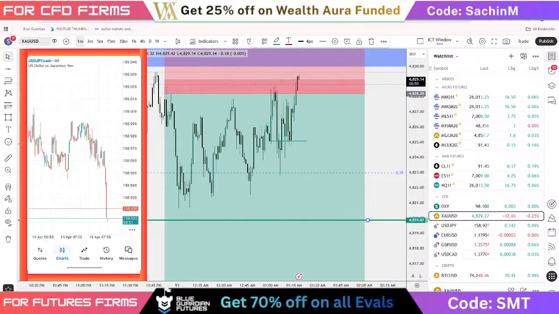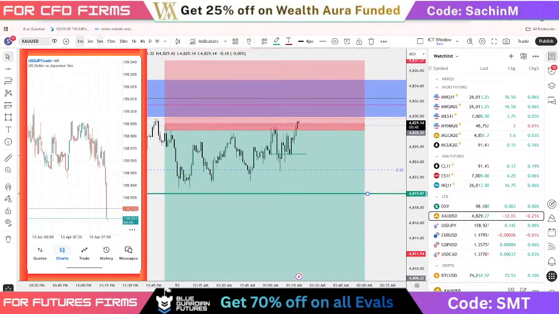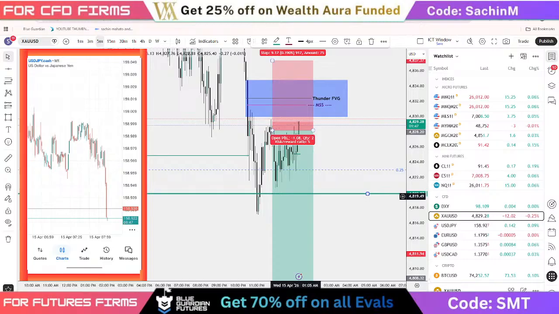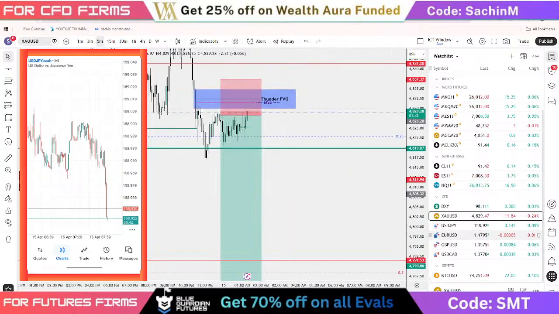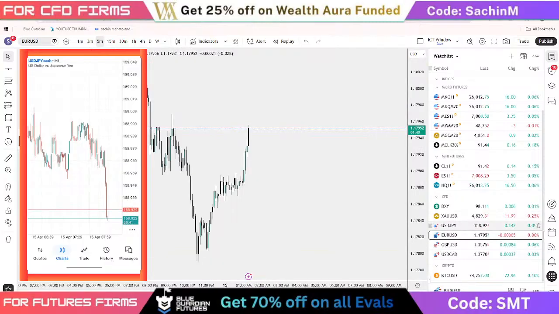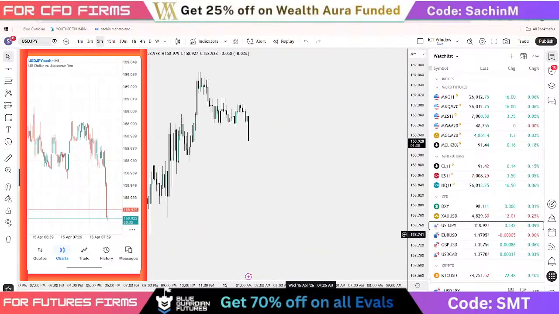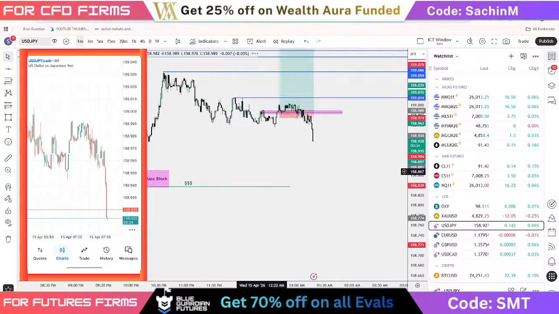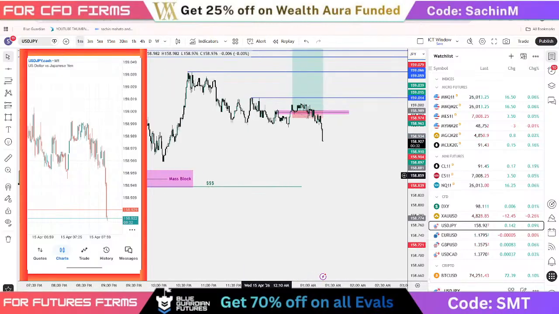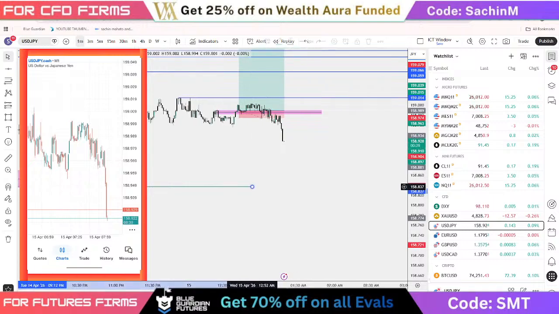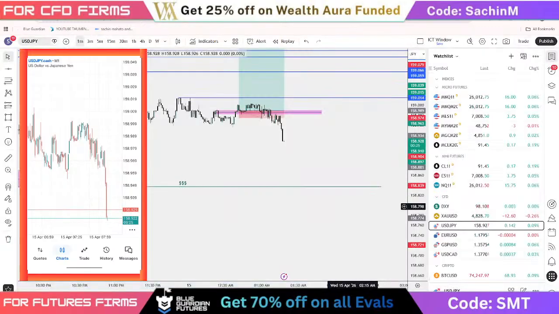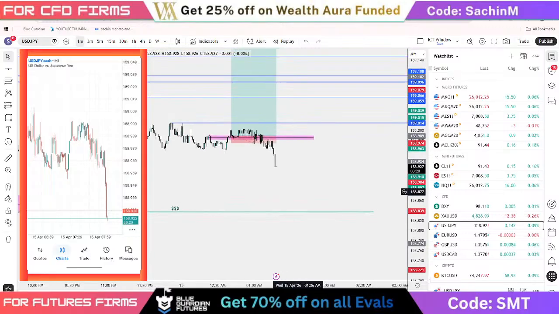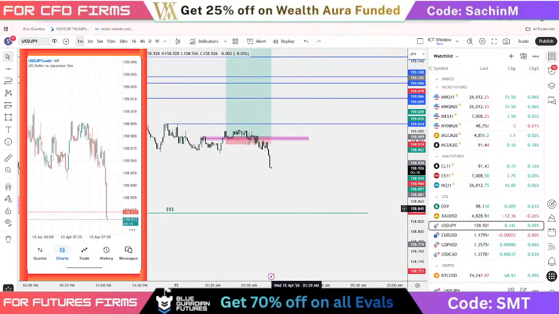So here we are. The gold trade is going up. We might lose this trade as well. Not saying for sure, but we might lose this trade as well. The USD JPY just fell down. My initial intuition was that the market should sweep out this low. I'm sorry. Once the market sweeps out this low, we will look for any long entries.